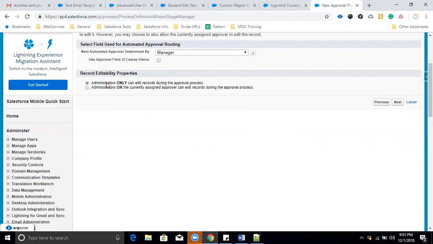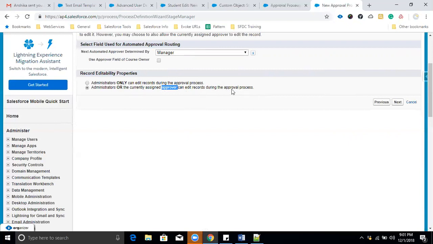Approval process means student. Once we submit the student record to the approval process, suppose you have entered the data and you submitted the record to the approval process, but somehow you need to change some data in that student record. For example, you entered an invalid phone number. Again, you want to change that phone number. So only the administrator can do that, or you need to give those permissions, or any changes on the student records, to the approver also. Means the manager also has that access. Then he will also change that record, right?